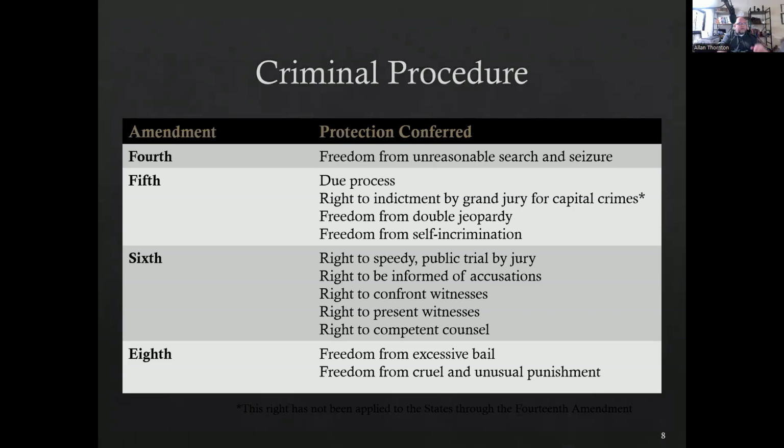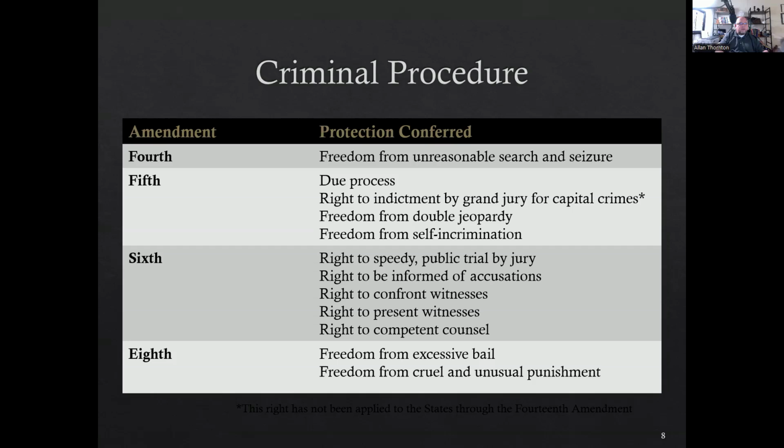A quick breakdown, and we'll get into them. We'll spend a little bit more time with these, but a quick breakdown of your amendments and how those protections extend to us as individuals. And keep in mind, it's not just individuals, but as a business, if we're having to defend our actions. The Fourth Amendment, of course, is unreasonable search or seizure. The way that a warrant affidavit is given out, those types of things are covered in that Fourth Amendment.